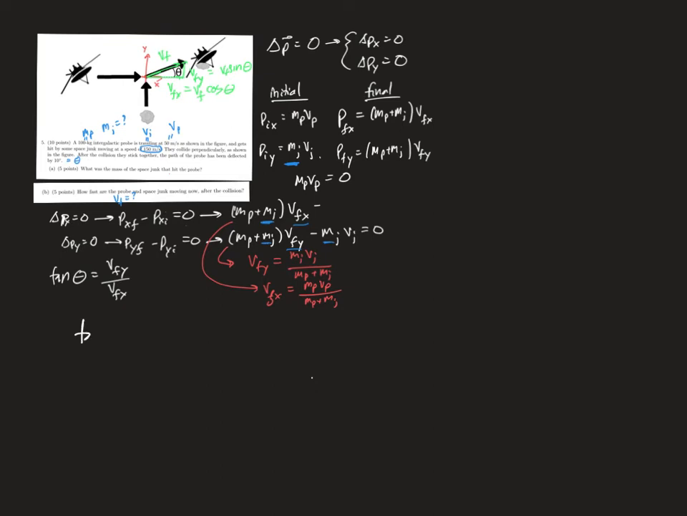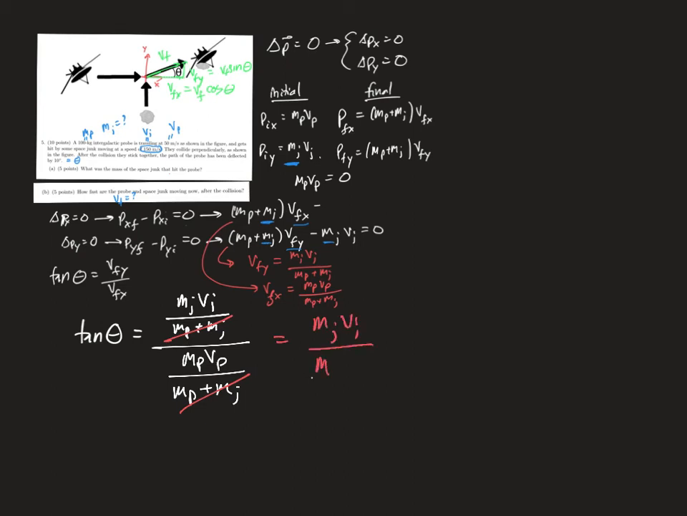So I'm just going to rewrite the tangent. Put in Vfy. Vfy is mj vj divided by mp plus mj. And then Vfx is mp vp divided by mp plus mj. Got a very nice cancellation because the total mass is on the bottom of the top and the bottom equation. So we end up with just a ratio between mj vj and mp vp, which now we can just solve